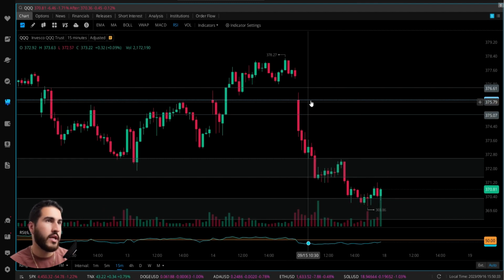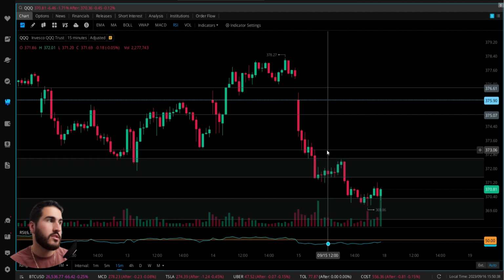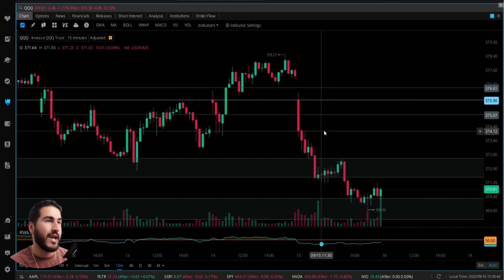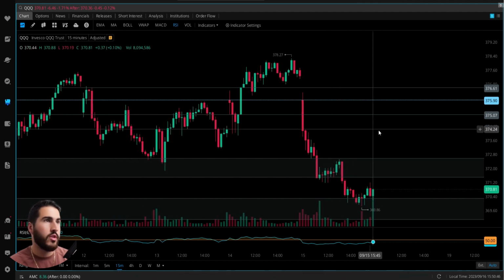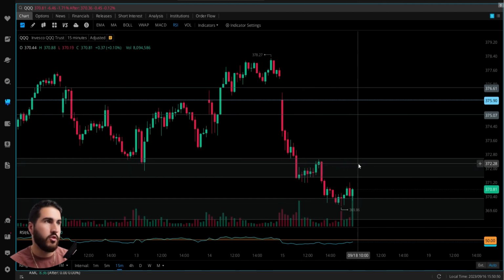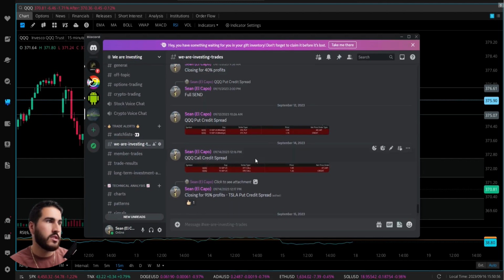But since it was Friday, the bias is going to lean a little bit more bearish just because it's the end of the week and positions, profits are being locked, and firms do not want to take on additional risk heading into the weekend. So that sets up for more of a bearish case on the last trading day of the week. But nevertheless, as you can see, we got into what was called a call credit spread on the